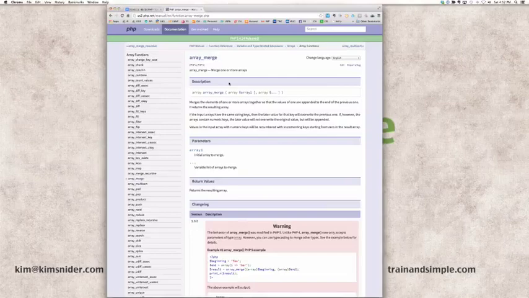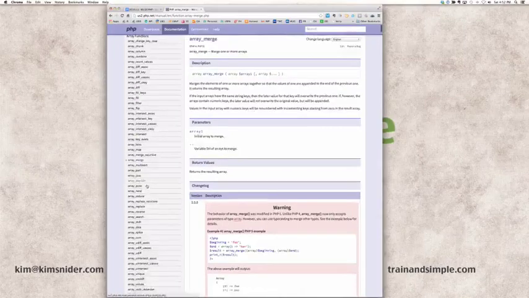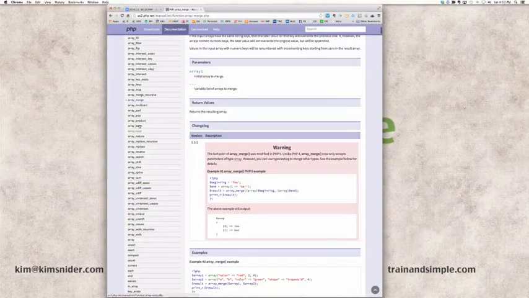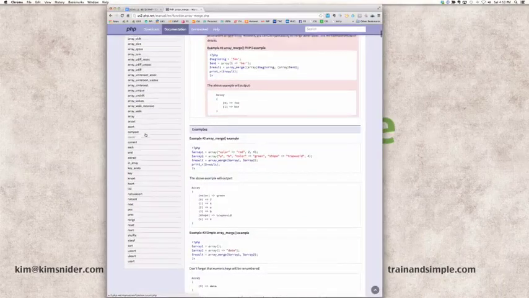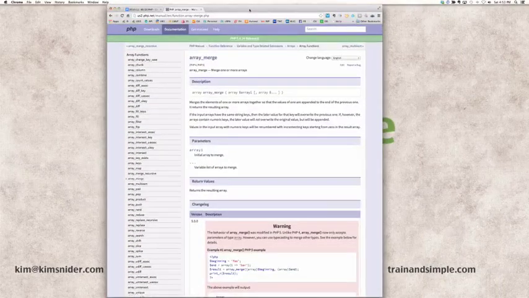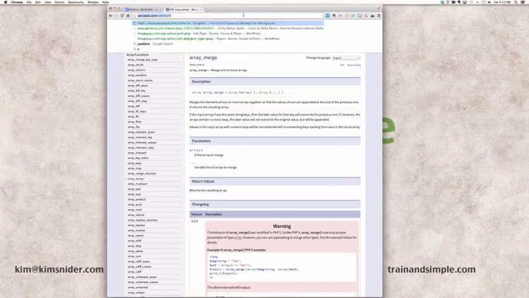It's like combining. I got a shopping list. My husband has a shopping list. Oh, you're going to go to the store. Will you take my list too? He puts it together on a new piece of paper. He's just merged two arrays. So again, the important point is really not to memorize any of this, but merely to know that when you're trying to do something, if you go to the PHP manual, you'd be surprised. There's probably some way to do it, and it's generally fairly easy to find simply by typing into Google what you want to do. Something like